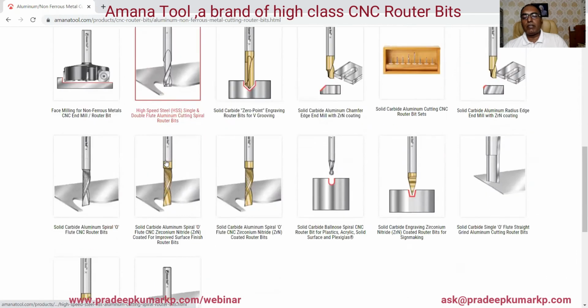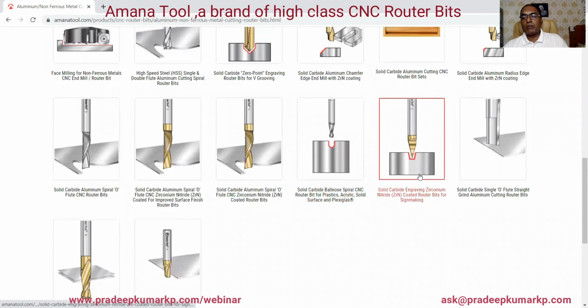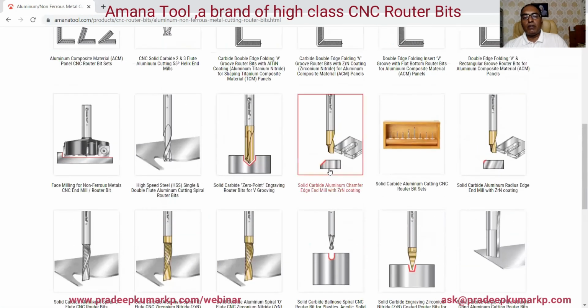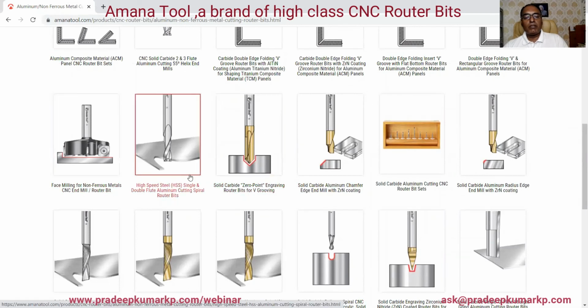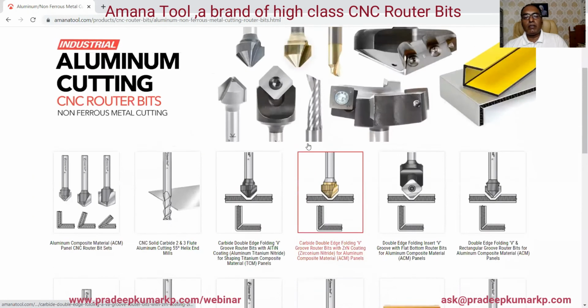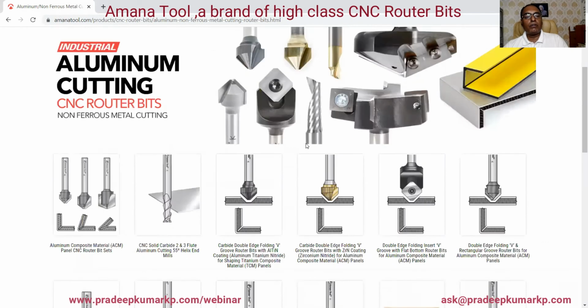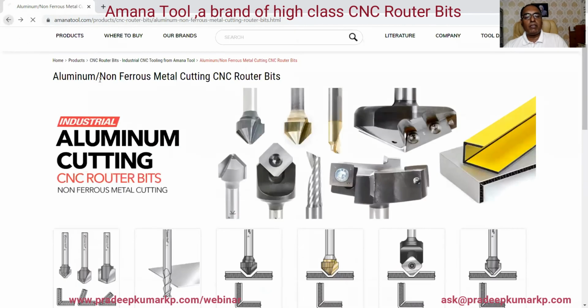If you go for that, you can see what shapes you want to create according to the profile and tool shapes, tool geometry. You can check it, and accordingly you can buy the bits you are looking for, depending upon the material